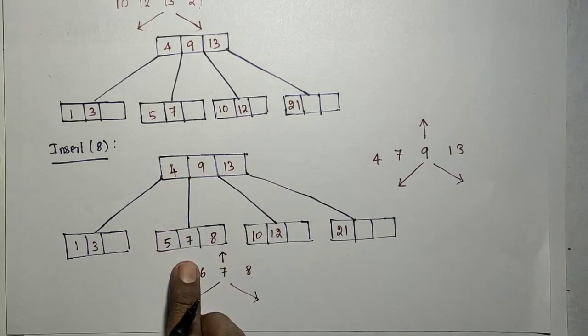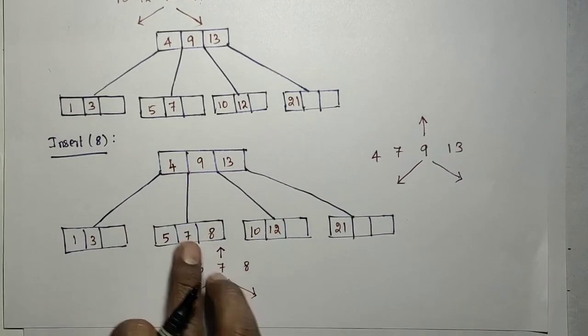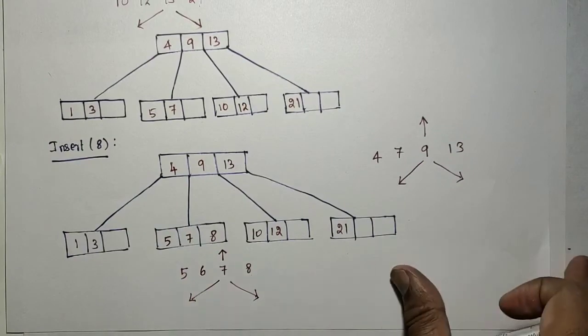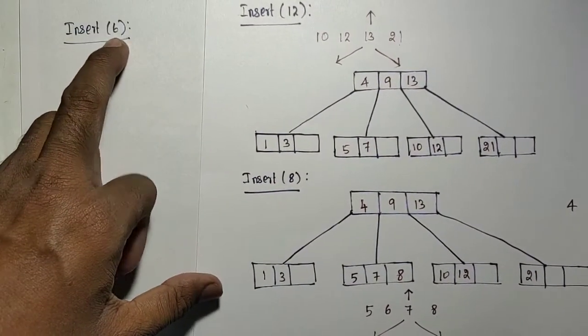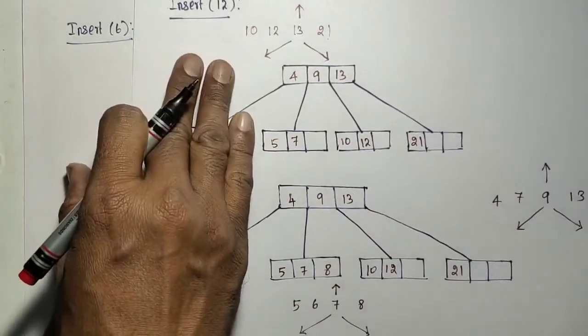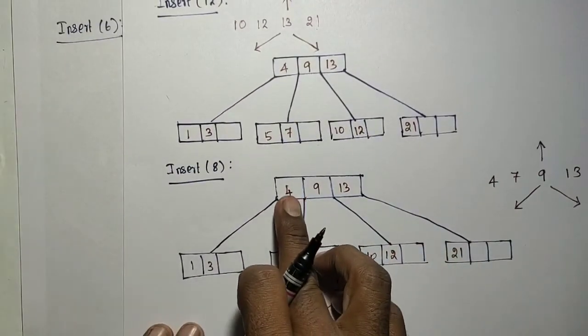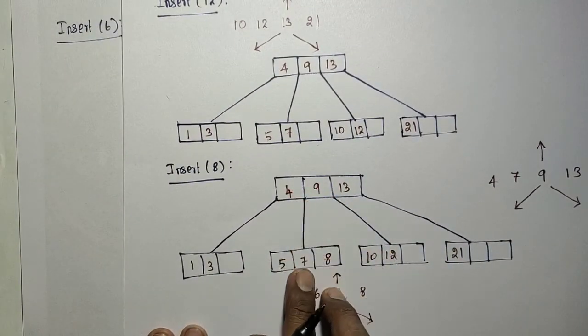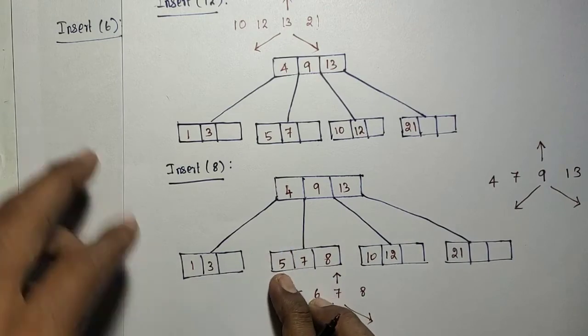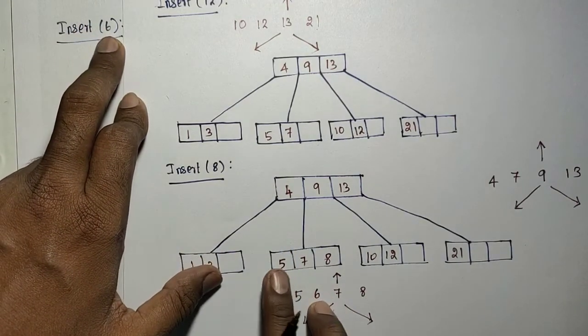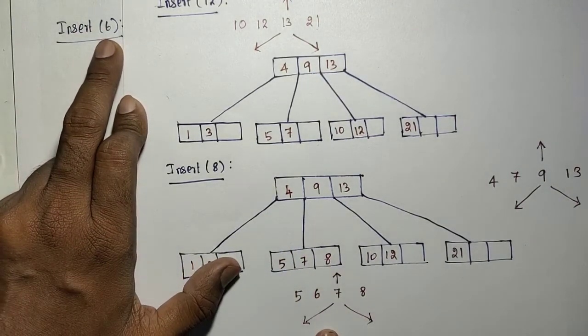So we come to this node. This node is a leaf node, so I need to insert that. Sorry, the new element is actually 6. So the new element is a 6. 6 is in between the 4 and 9. We come to this node. This is the node to which I wanted to insert the 6, but there is no space. We are going for the split.